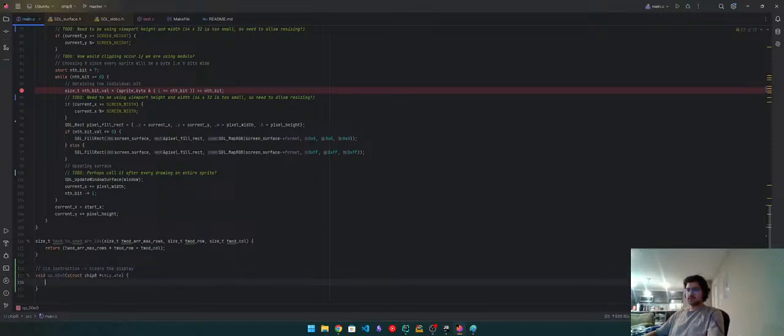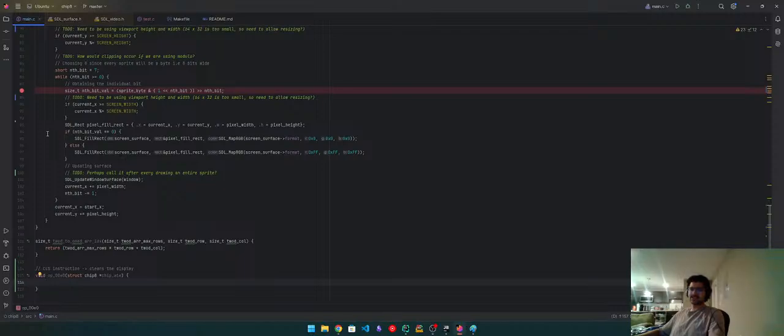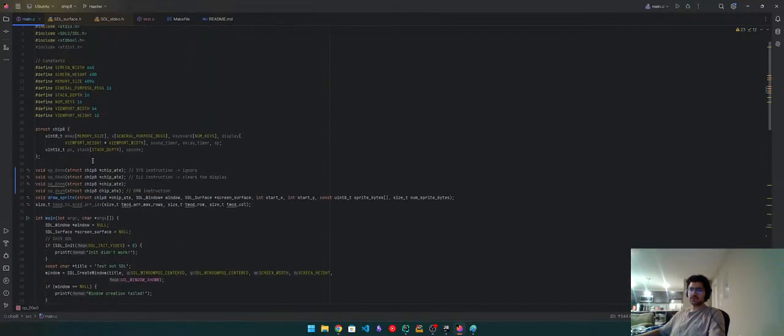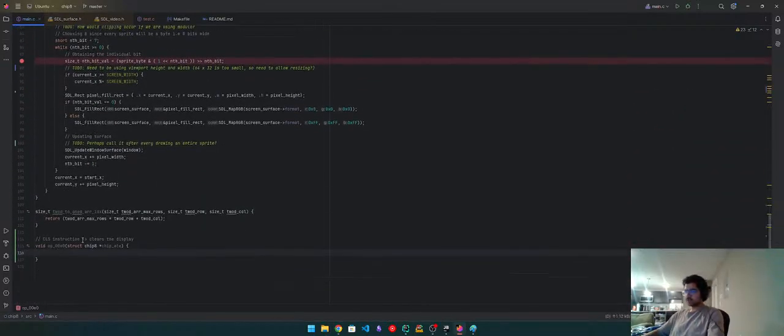Okay. So what we need to do is clear the display. What does this mean, right? This essentially means that we probably want to set all the pixel values in our display array to 0. And that should be very straightforward, right? What we do is we do a for loop, right? size_t pixel index equal to 0. Let's just do pixel index to be clear. Pixel index less than,